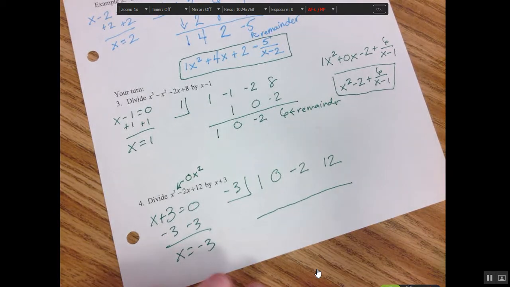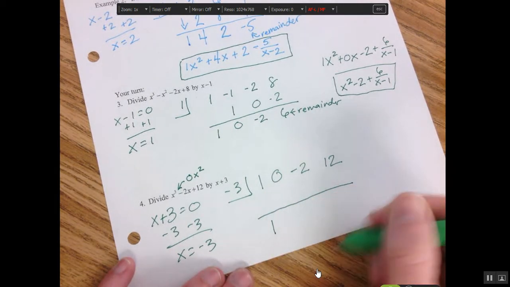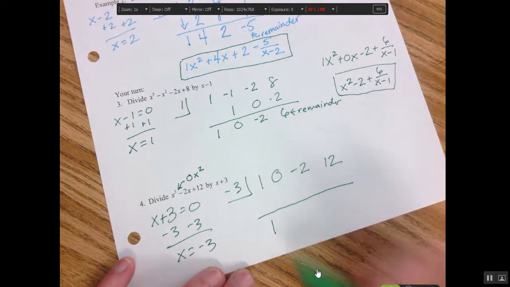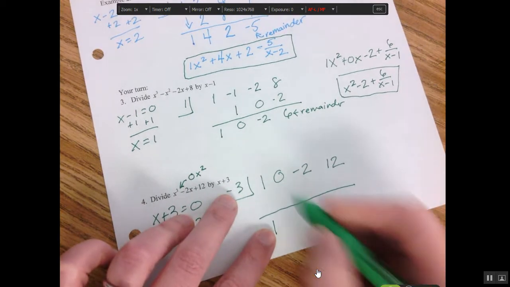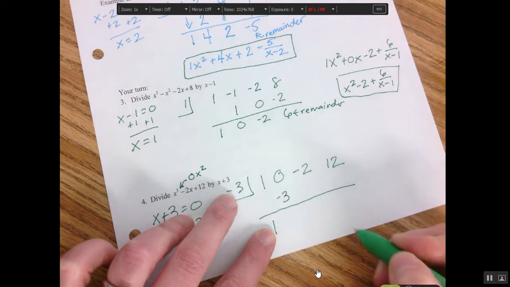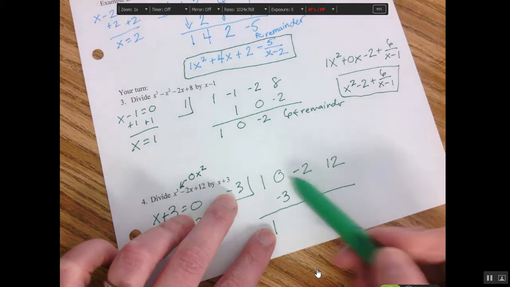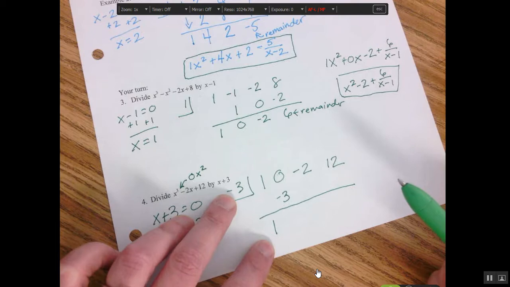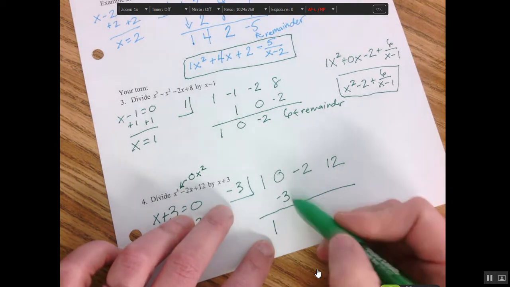Okay, here we go on the last one. Bring down the 1. Well, did you bring down the 1? Okay. Then multiply -3 times 1 and put it here. And what do we get when we add? Oh, I didn't do the 0. It's okay. You're going to be fine. I'm sorry. When we add it,